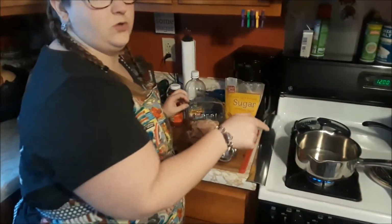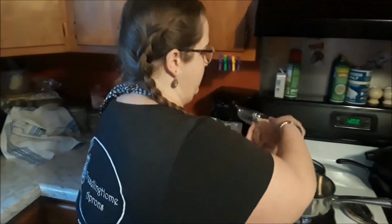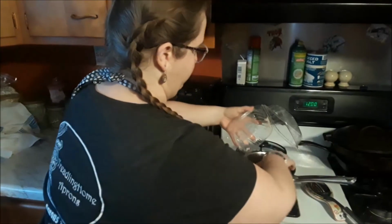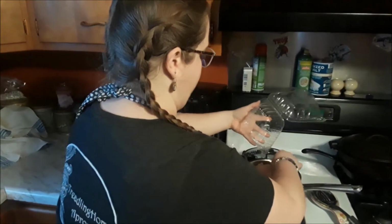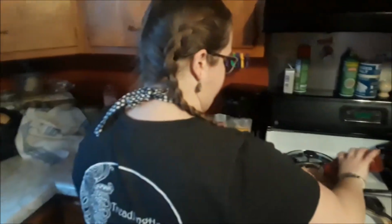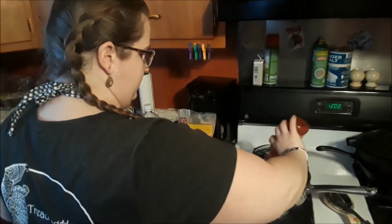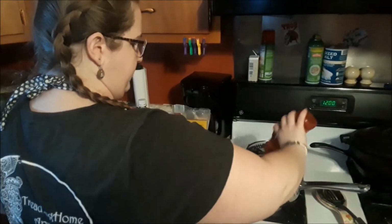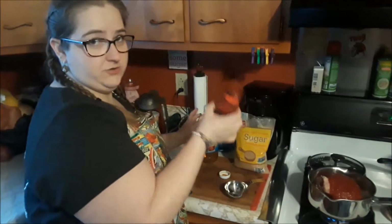And this is a 2-quart saucepan. So you take the whole pound, just dump it in there. We'll break it up here in a minute once we get everything in the pot. The entire jar of chili sauce. Just dump it right over. Don't worry about shaking it out because this is going to be your measurer for the rest of the